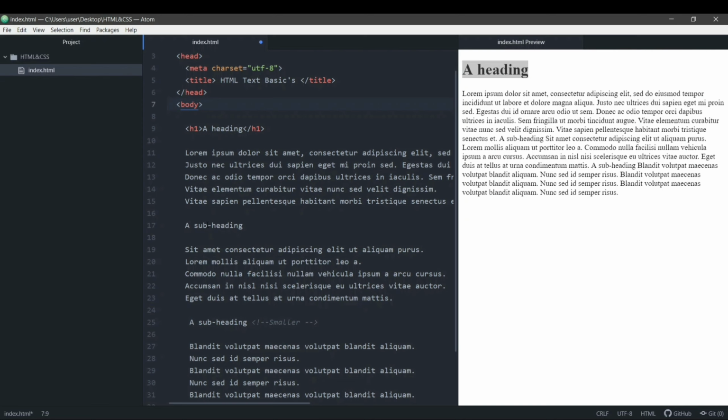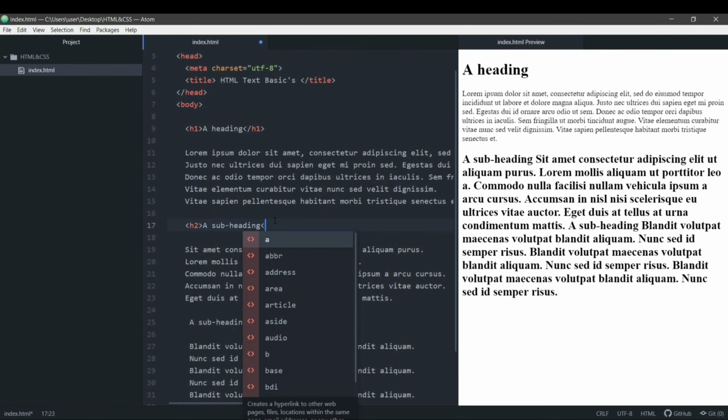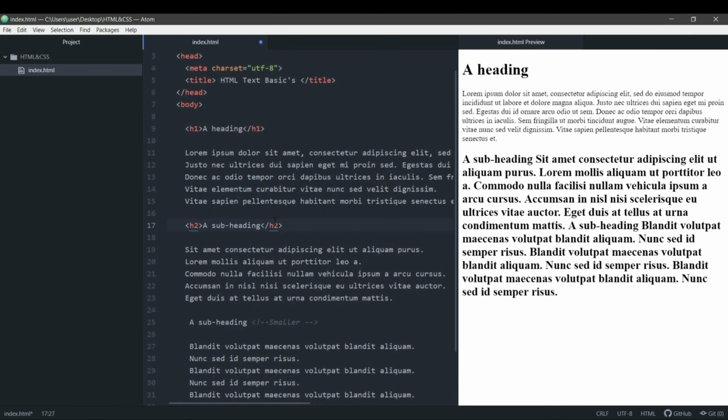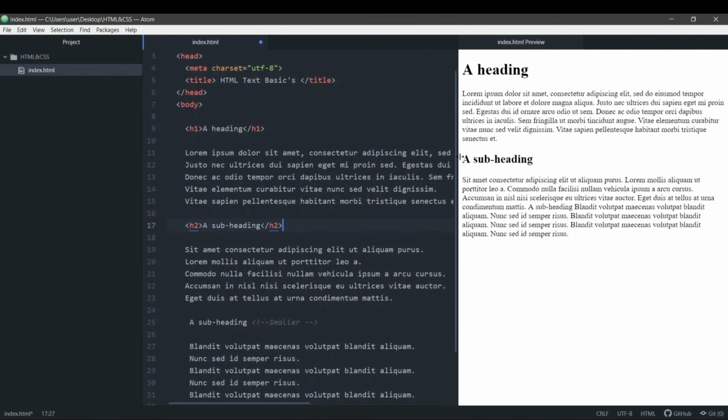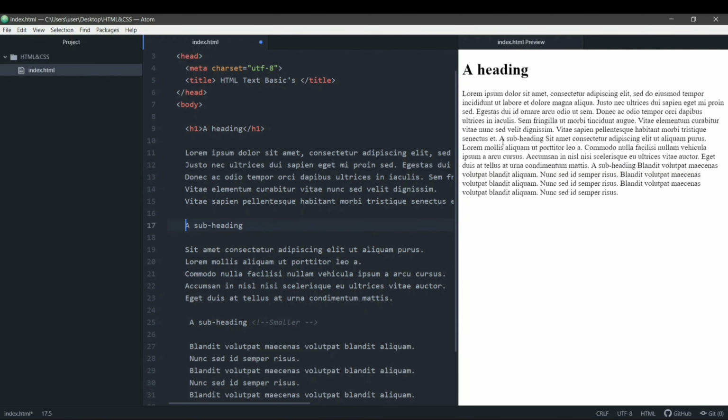Now, what I want here is a subheading. So here I'll add an H2 tag and I'll close this after the text. You can see that a subheading has appeared here. Before I added this H2 tag, this subheading was here and the next element was directly next to it.